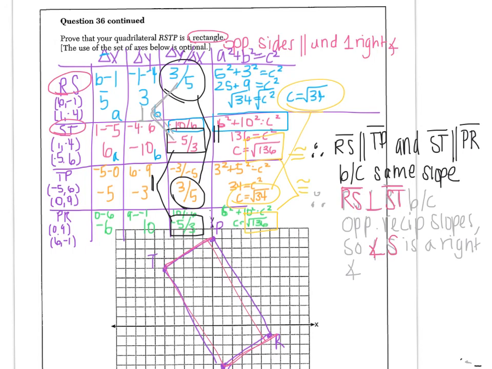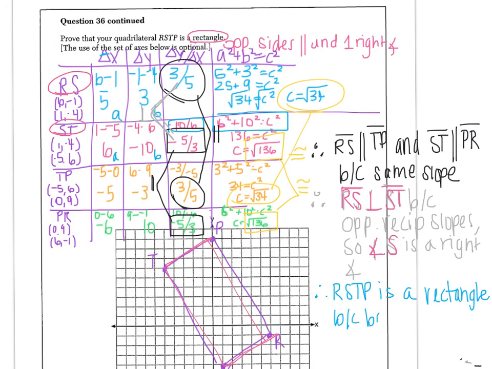If you're not sure how to prove a particular shape, then do everything in your chart and conclude everything in your reasons. But now that I have just enough parallel lines and a right angle, I can conclude that RSTP is a rectangle